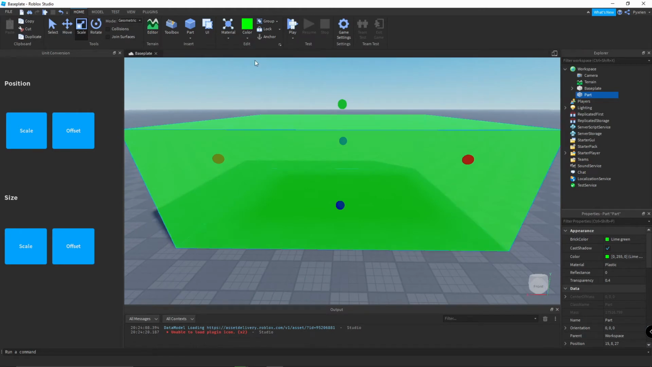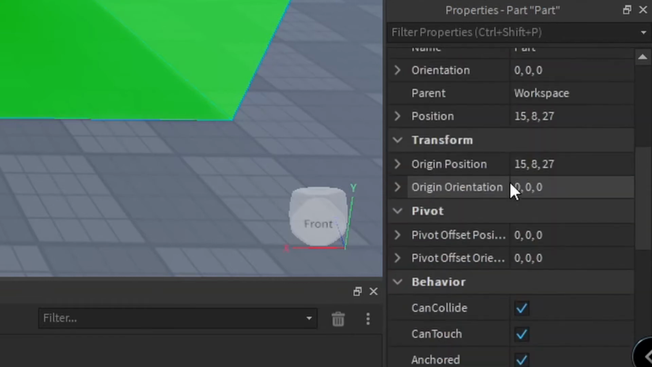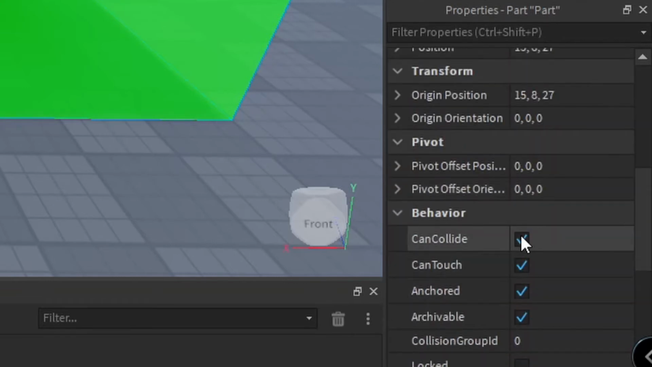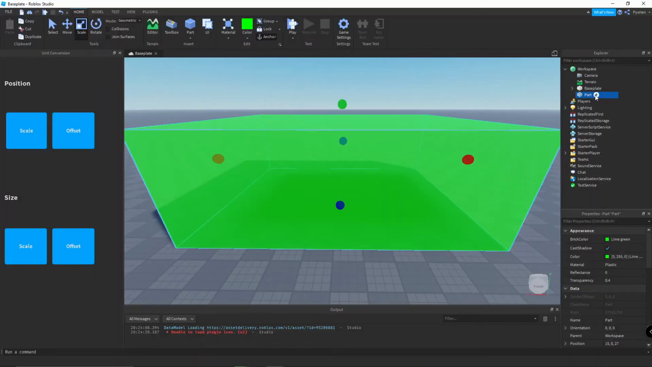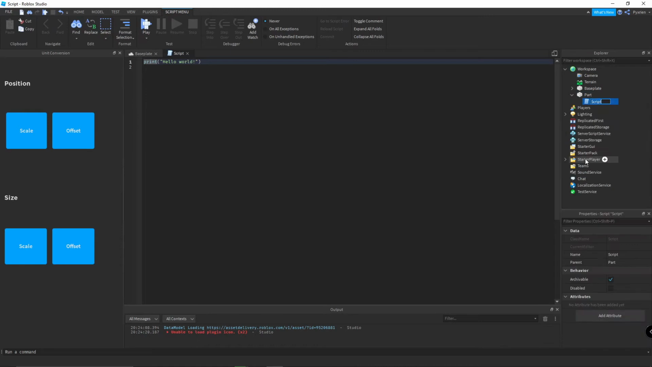You'll want to make sure that the part is anchored, and you'll also want to go to the properties menu of the part and scroll down and find CanCollide and make sure that is disabled. Now we are going to want to go to the part and insert a script. I'm going to name this script SafeZone,